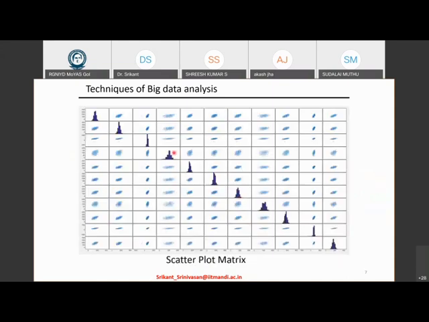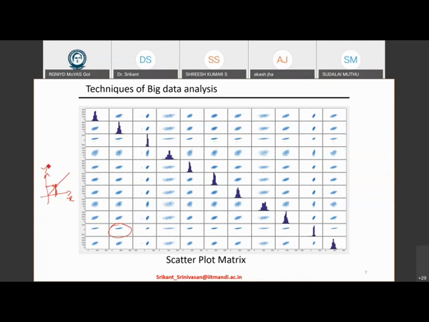So here, for example, is just another scatter plot matrix of various traits. And you can see that there are traits on the x-axis and y-axis and how they correlate. For example, this figure here is something that has very low correlation, right? Because it's almost a straight line. Remember, a correlation plot means I have some variable on the x-axis, I have some variable on the y-axis. If they are both correlated, that means they are related to each other, then I'll get a line which is like this. That means for any small change in x, there is a change in y. So they are both progressing together.